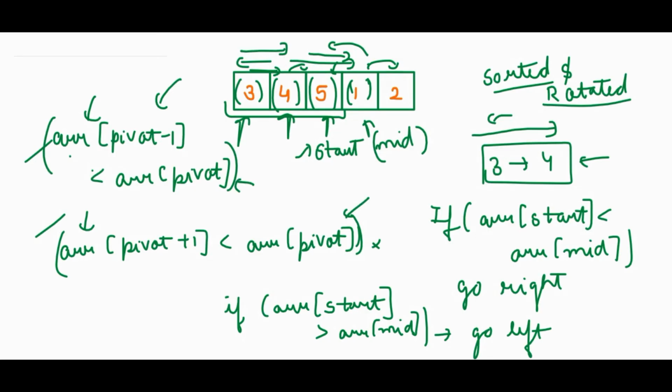These were that on the left side of the pivot element should be smaller, on the right side of the pivot element should be smaller. Okay, now we came to another thing, that when we have to take which part of the array, because in binary search we have to take one or the other part of the array around mid, right? So we came to this conclusion that if array of start is less than array of mid, we have to go right, otherwise we have to go left. Okay, I have explained this as well. So let's write it in a particular way and we will see.